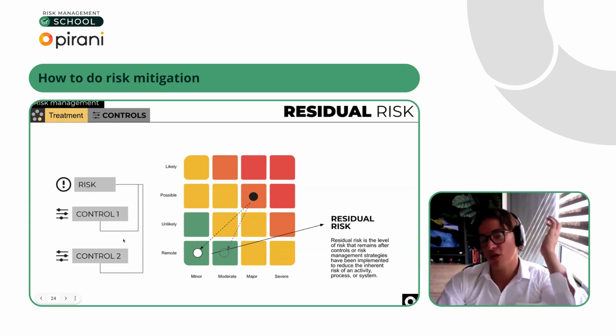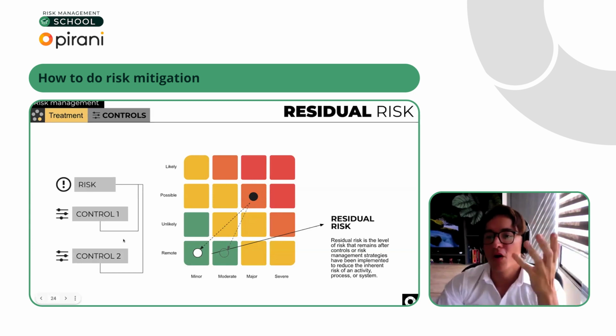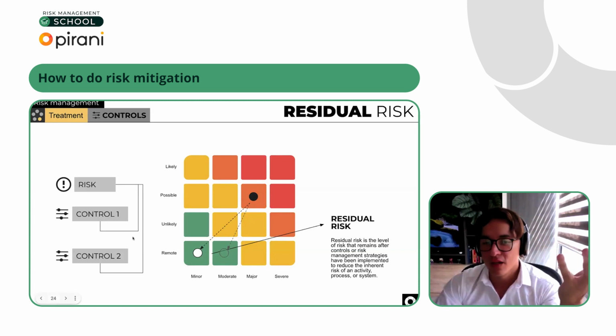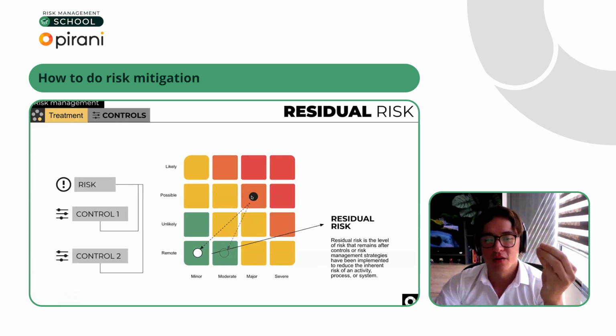So would you say, okay, how do I know how much it will be moved? How do I know if this specific control will help me to displace from the yellow, or the orange area, to the green one? So in this specific case, you will need the help of risk management software like Pirani,